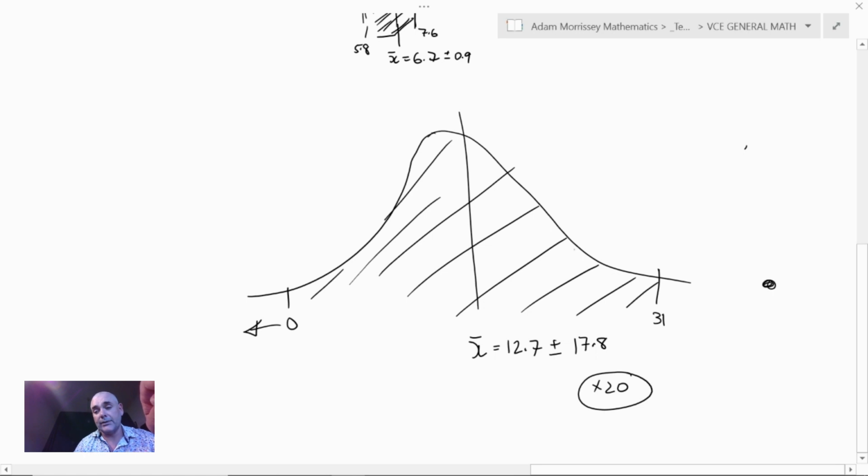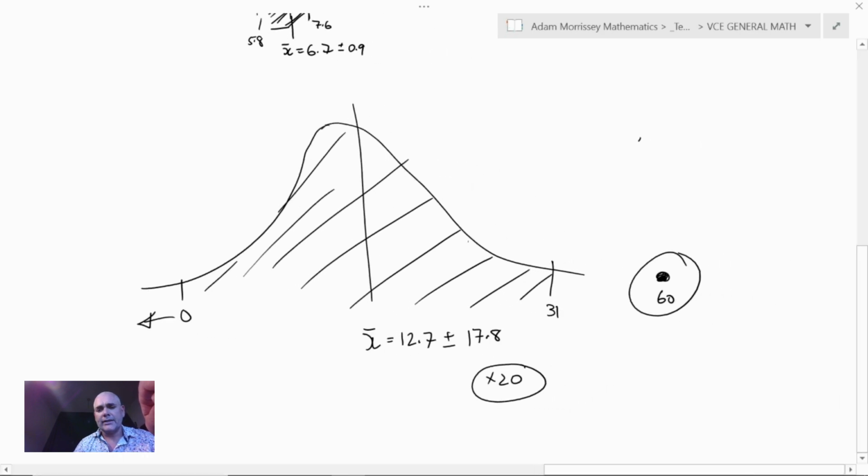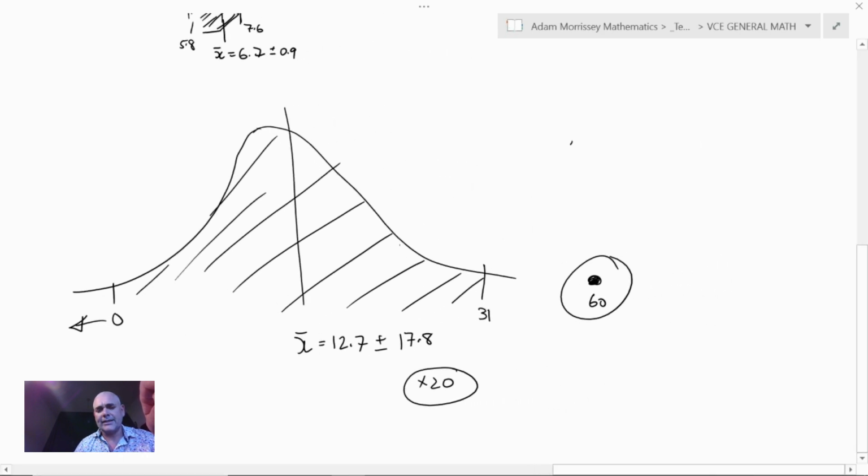It just doesn't include this point out here at 60. So in this case, plus or minus 1 standard deviation is nearly all the data. So it's had a massive effect,